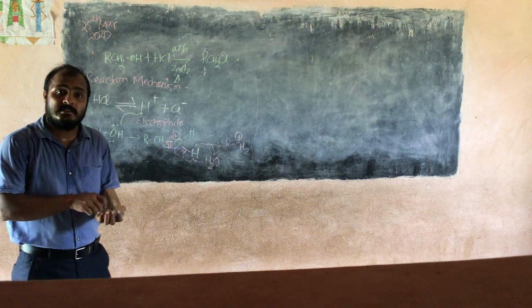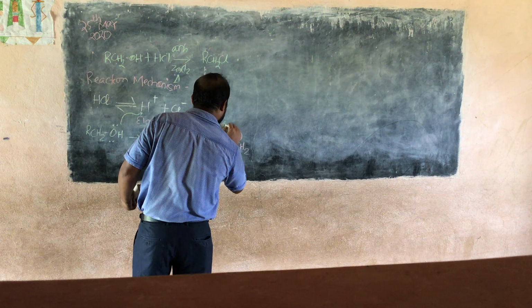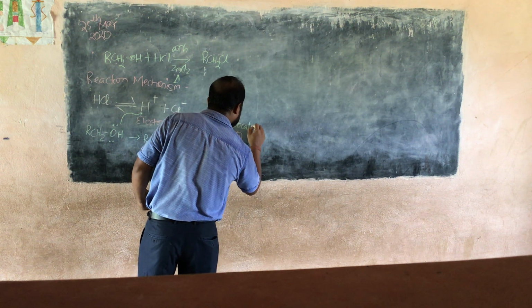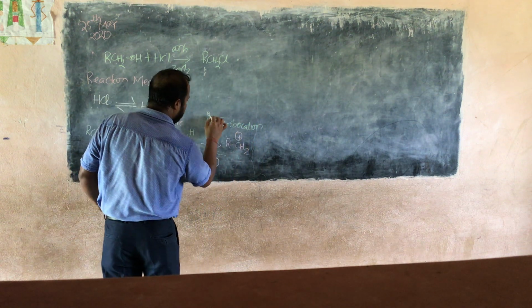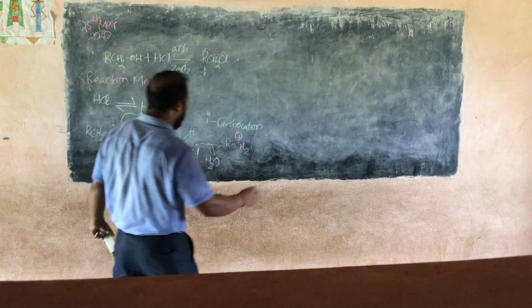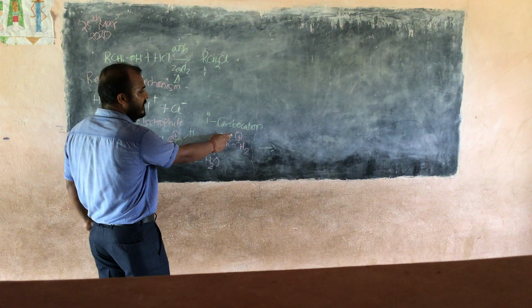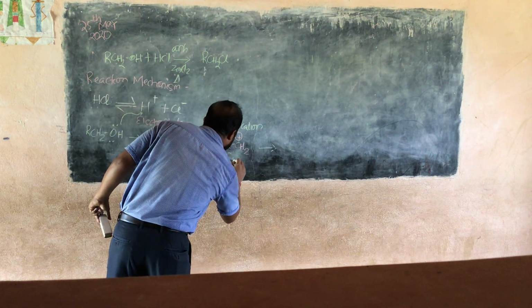What do we call it? It is a carbocation, and it is a primary carbocation. Now it is electron deficient in nature, meaning it is electron loving in nature. Now it has become an electrophile.